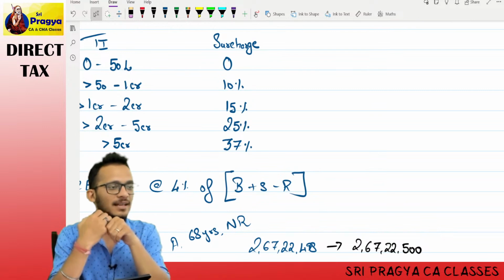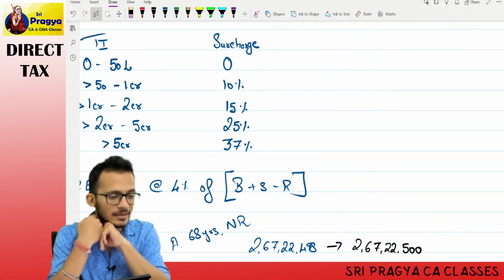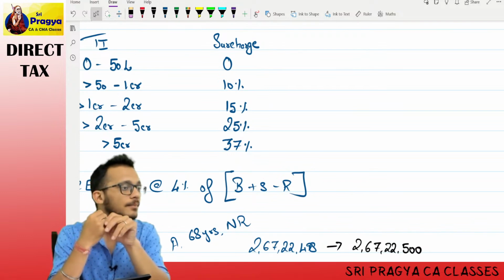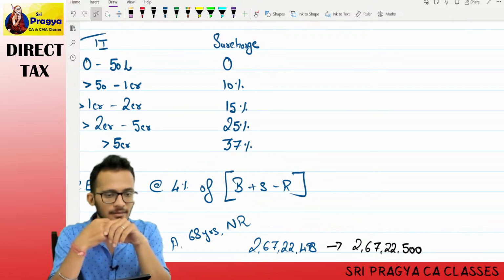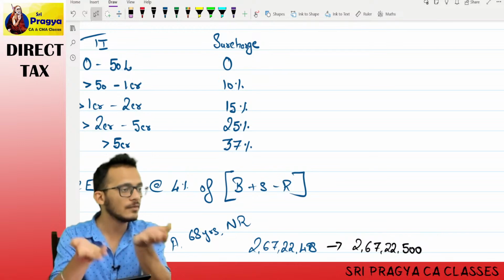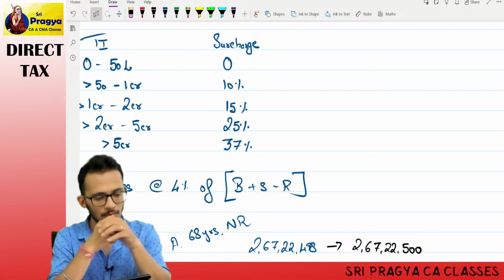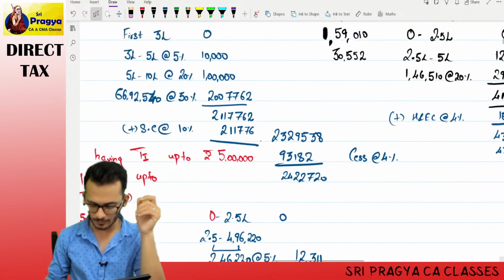Illustration number 1, answer. It's less than 7 lakhs, therefore tax becomes 0. Now in this case, which one will you opt for? Default regime or alternate regime? You'll opt for the default regime. Very good. Next one, question number 2.